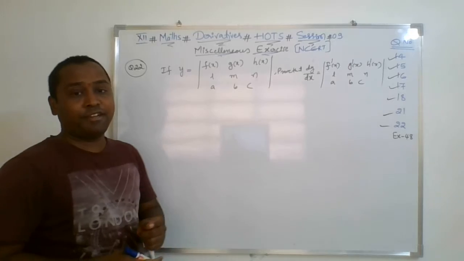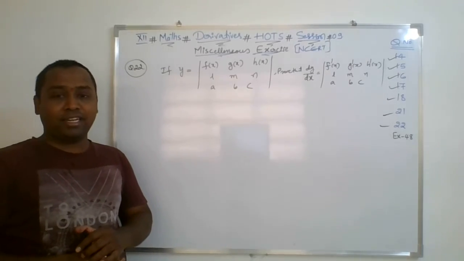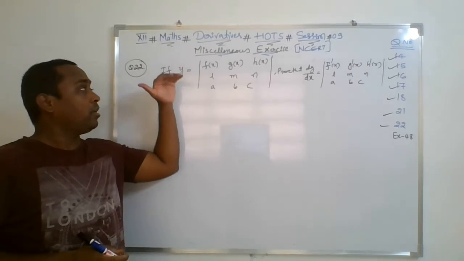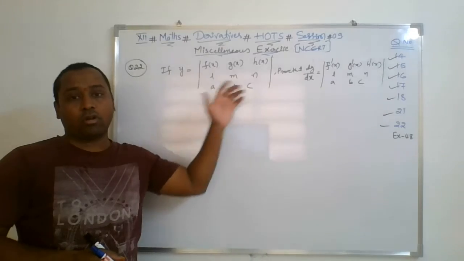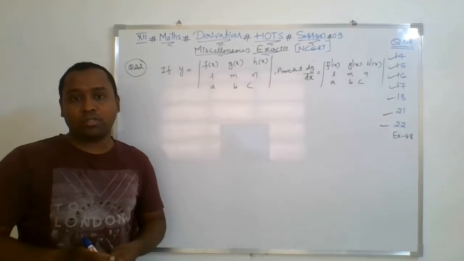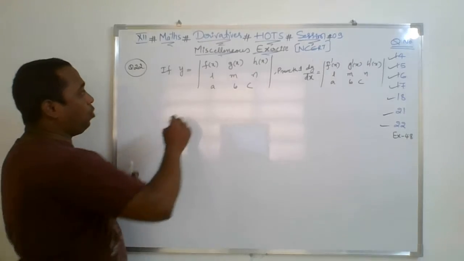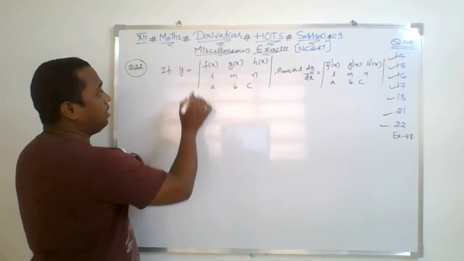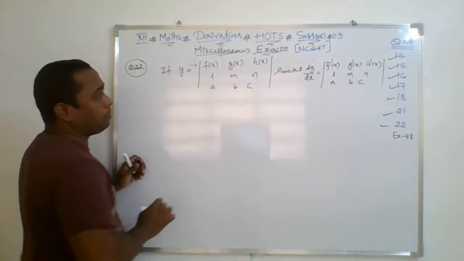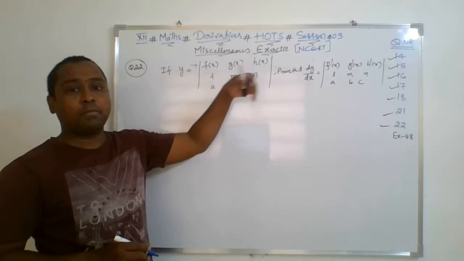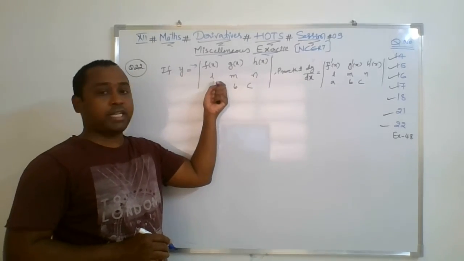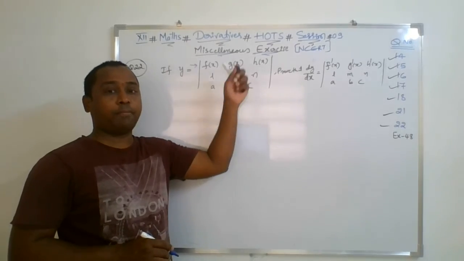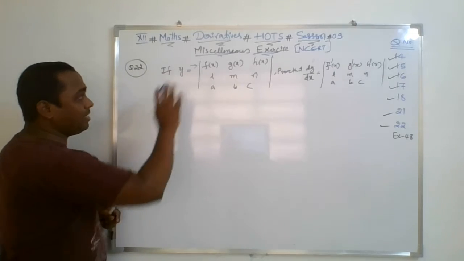You know how to do the derivative of a determinant. So basically, if you take the derivative of a determinant, we can take the derivative of each row or each column at a time by keeping the other two rows the same. So if I go with the derivative row-wise, first I will take the derivative of row 1 by keeping the other two rows constant, plus then I will go with the derivative of the second row by keeping the other two rows constant, and then the derivative of the third row by keeping the other two rows the same.